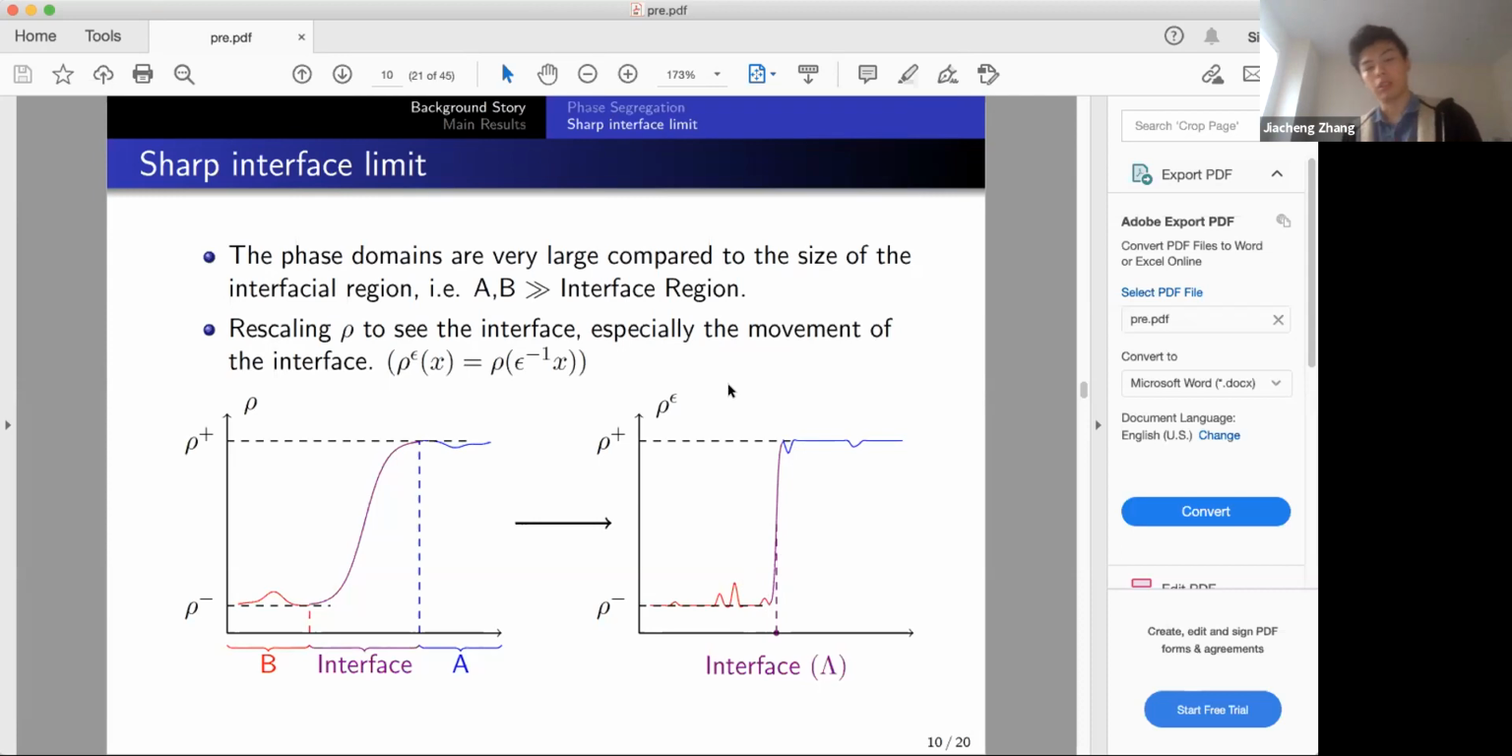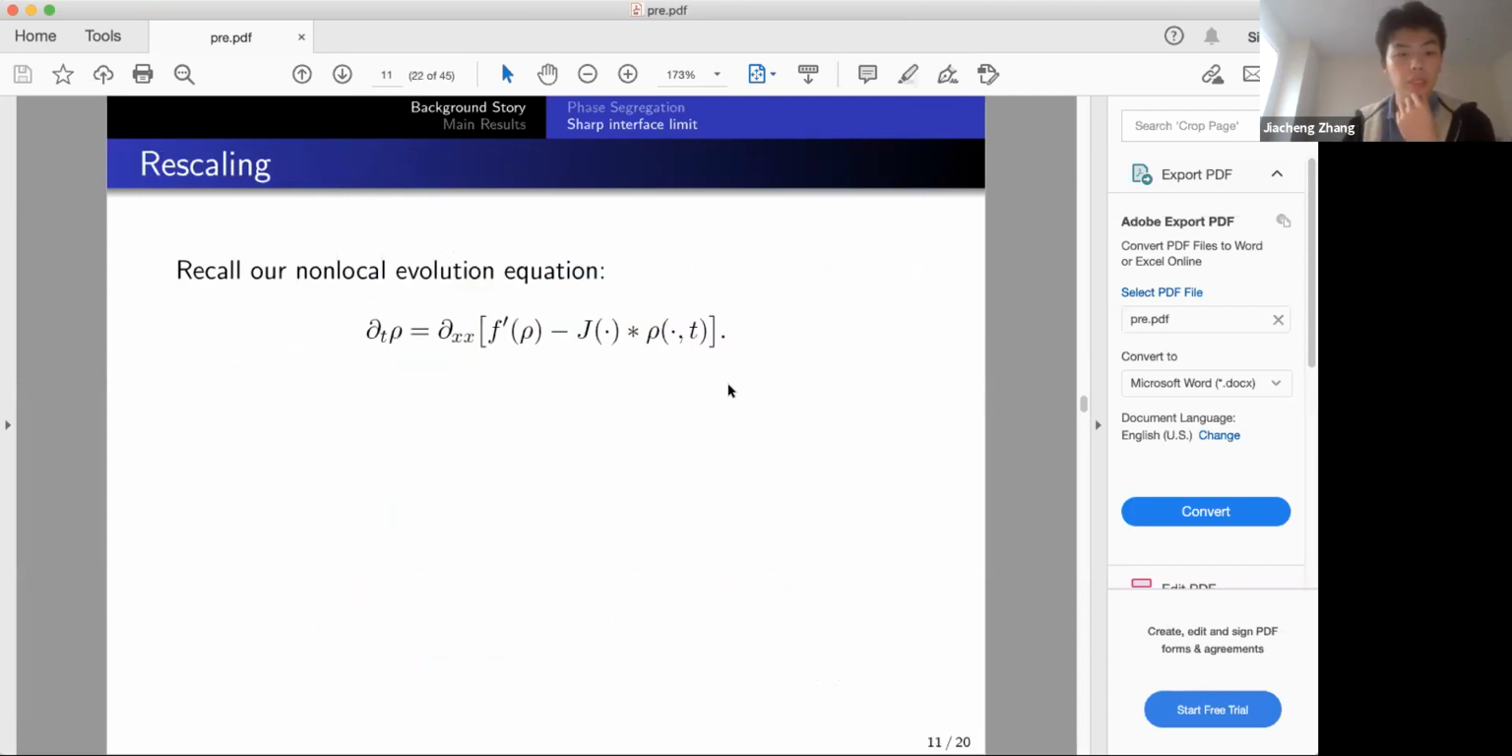Okay, so assuming this rescaling point, mathematically speaking, recall our non-local evolution equation, and we will do this rescaling on space. But as you can see, if we do this rescaling on space, we need to see the movement over a pretty large range of time. So we need to do the rescaling on time too, and we do the diffusion rescaling: if we apply epsilon to the minus 1 to the space, we apply epsilon to the minus 2 on t. Then after this,